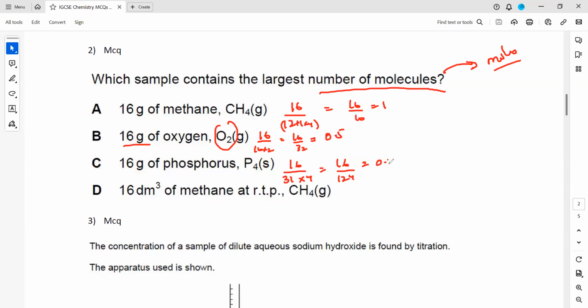So this will be 0.13. When we check, we have the volume of a gas is given. So when the volume of a gas is given, we don't need the mass. To work out the moles, moles is the volume of a gas in dm cubed divided by the molar volume, which is 24. So 16 divided by 24, that's equal to 0.66. So the one which is having the highest number,